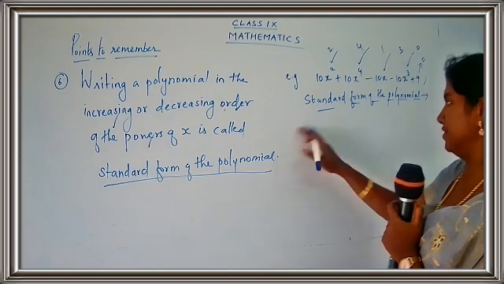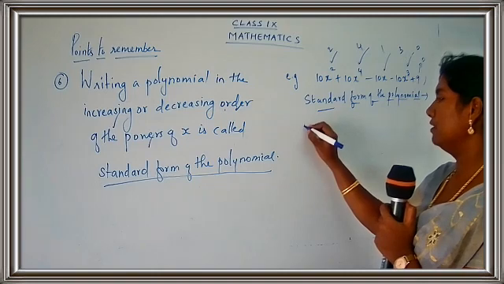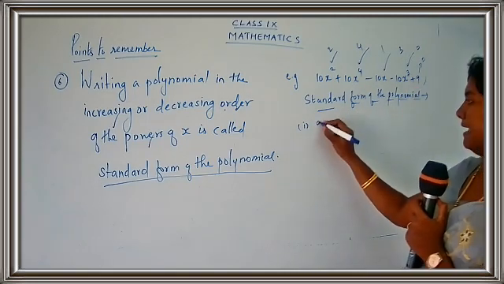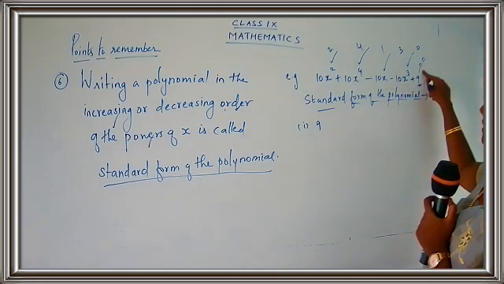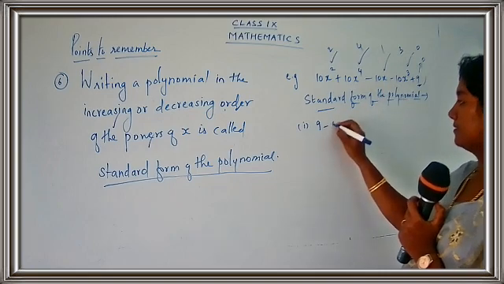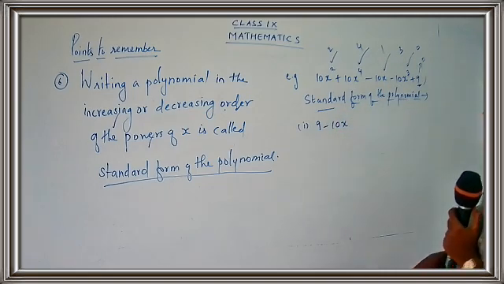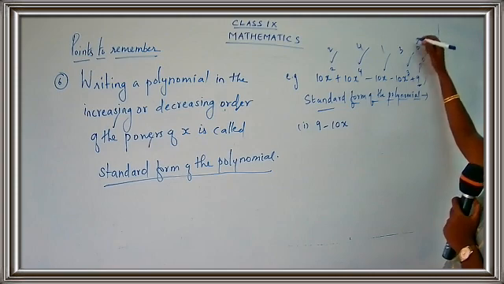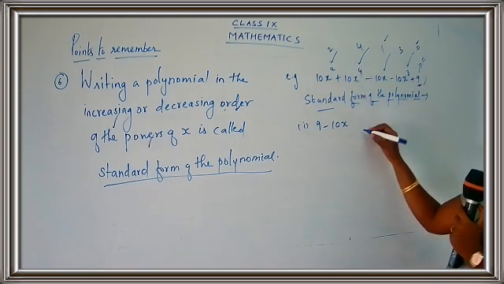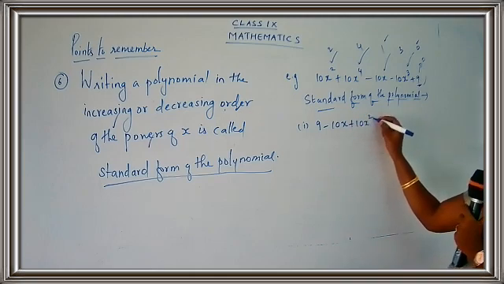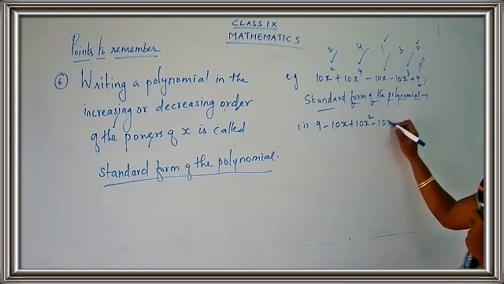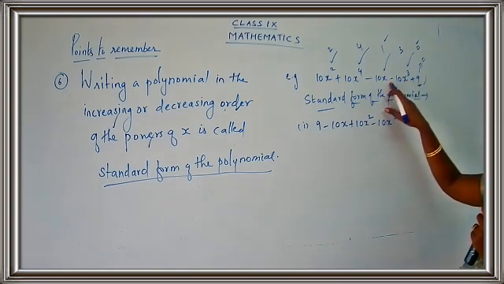Otherwise no need to mention it. You just write down the two answers. You write down the first part. It's 9, the 0 power. Then 1 power. What is the term here? It is minus 10x. Done. After 0, you have 1. Then 2. So I get plus 10x square. 2 completed. Then 3, so it is minus 10x cube. Be careful with the sign. You have a minus sign in front of 10x cube.